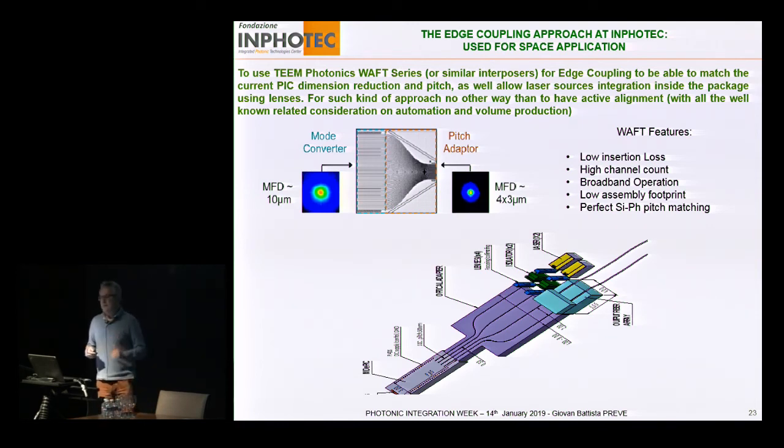I just say that in Inphotec we just buy the laser, we put it on a substrate, and then we have a collimating lens, focusing length, an isolator. This is what was asked of us by this project that we are doing with the space agency. So they want an isolator in the middle, and it's probably a specific niche, and so we prefer for now to stay on the edge coupling as it is with lenses. All can be done with the bench